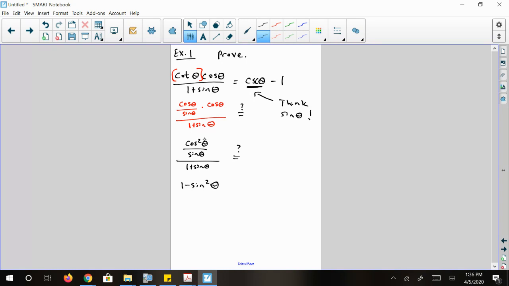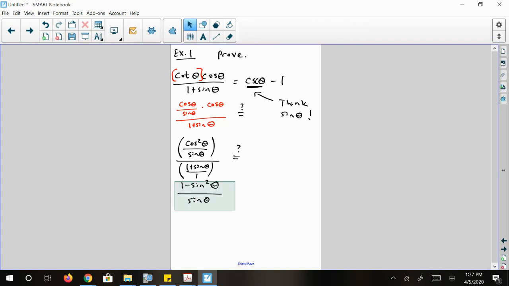So I'm going to go ahead and rewrite this cosine squared of theta as 1 minus sine squared of theta divided by sine of theta, okay? And then I'd like to make a note here. This looks like a giant mess, okay? Let's see if I can actually give myself a little bit more space here so it's not all smashed together, okay? So I replaced the cosine squared of theta, but what I'm doing right here is I'm dividing 2